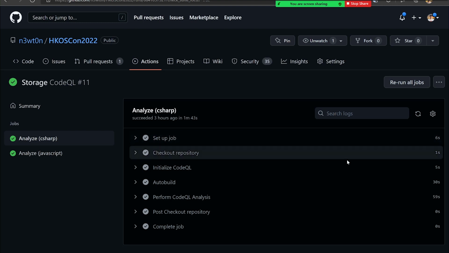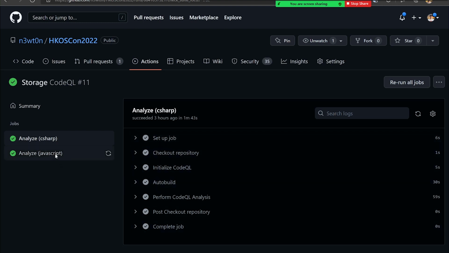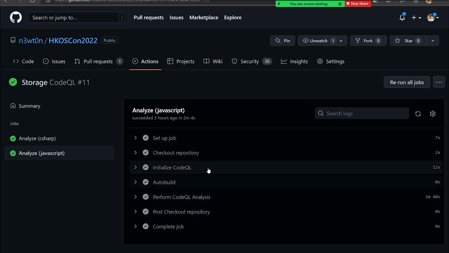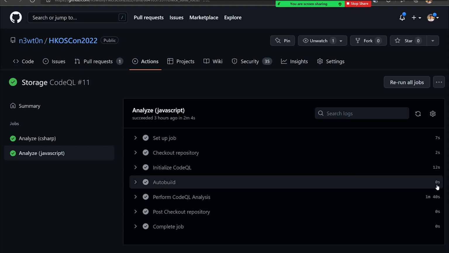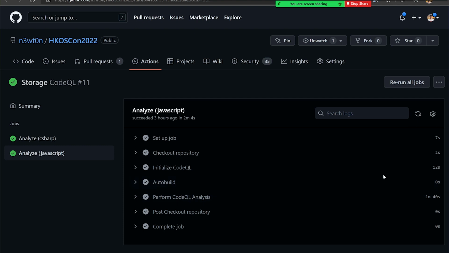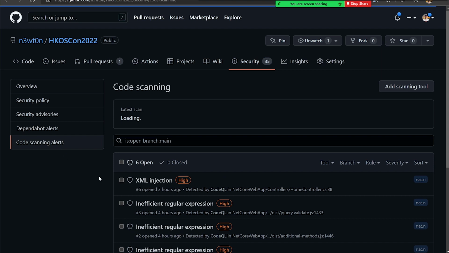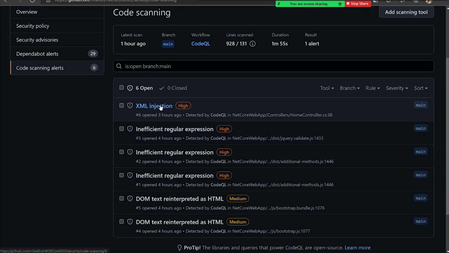Took like 1 minute 43 seconds, including the build. For JavaScript, it's a little bit longer because there's a lot of files in that application. But of course, the auto build is 0 seconds because there's nothing to build for Node.js. It's just JavaScript. And at the end, what it does is again publishing here your alerts, like for example this